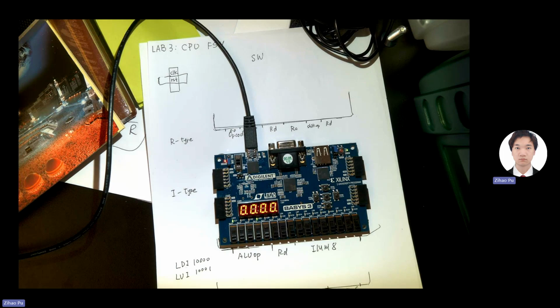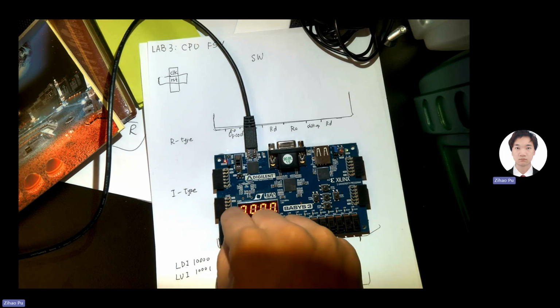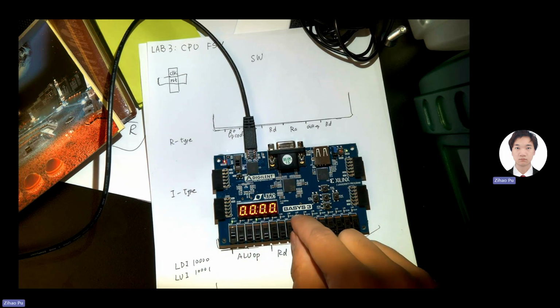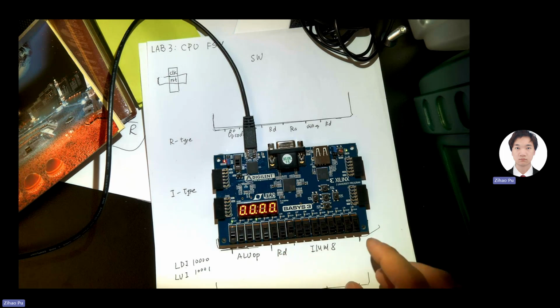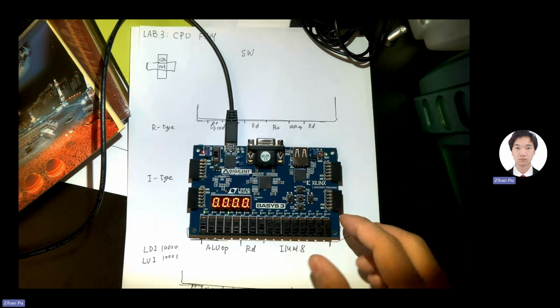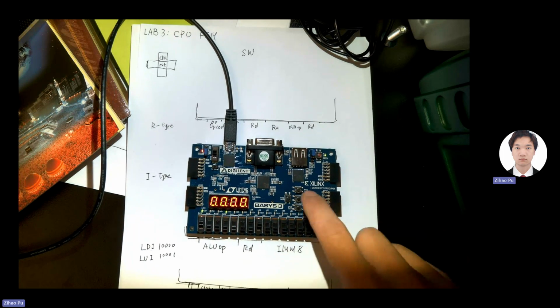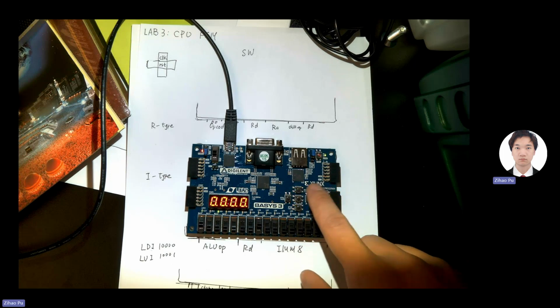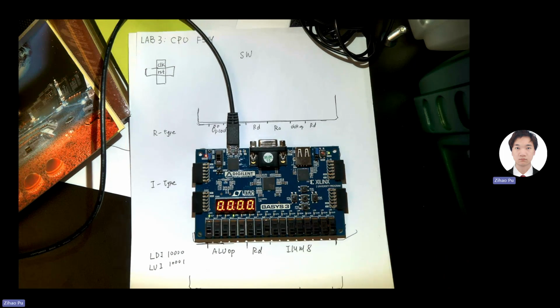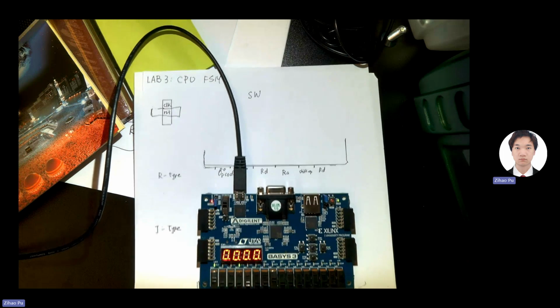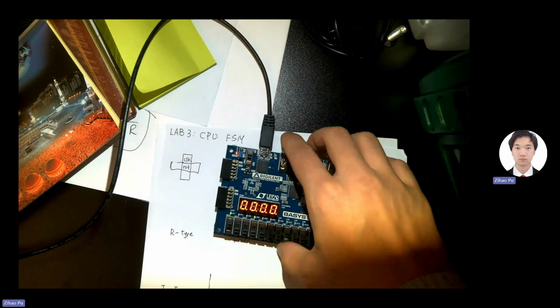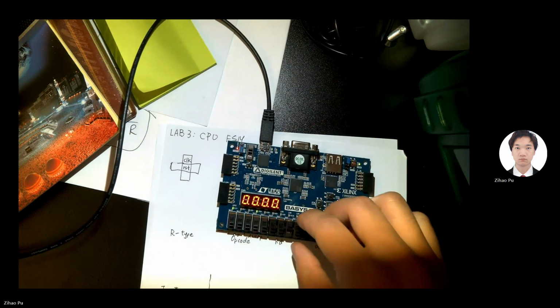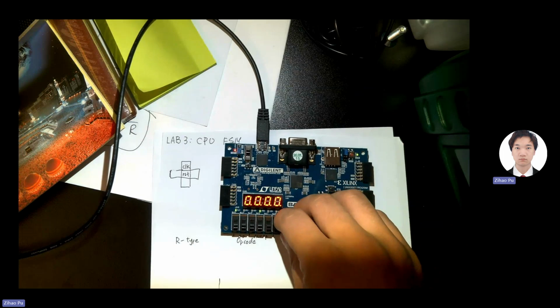So for now, I'm thinking about maybe just loading register 1 with maybe just 1. So I just click 2 times. So this execution is finished. Now I can try some arithmetic. For example, I'm going to do add